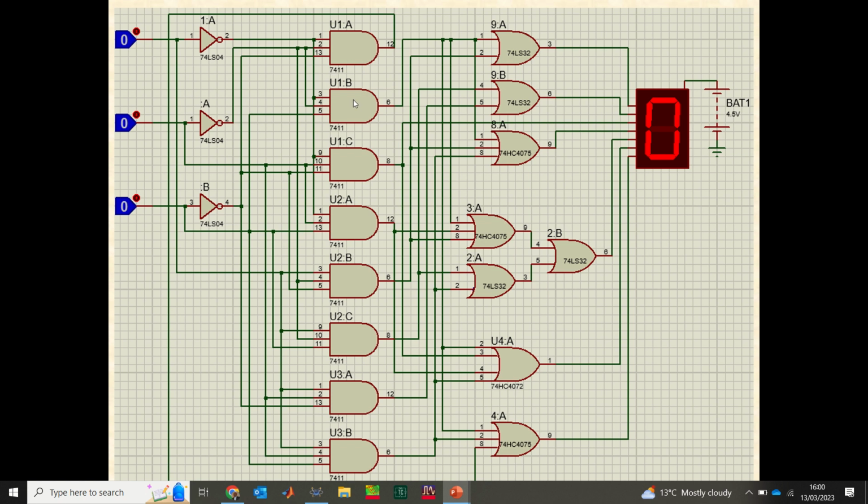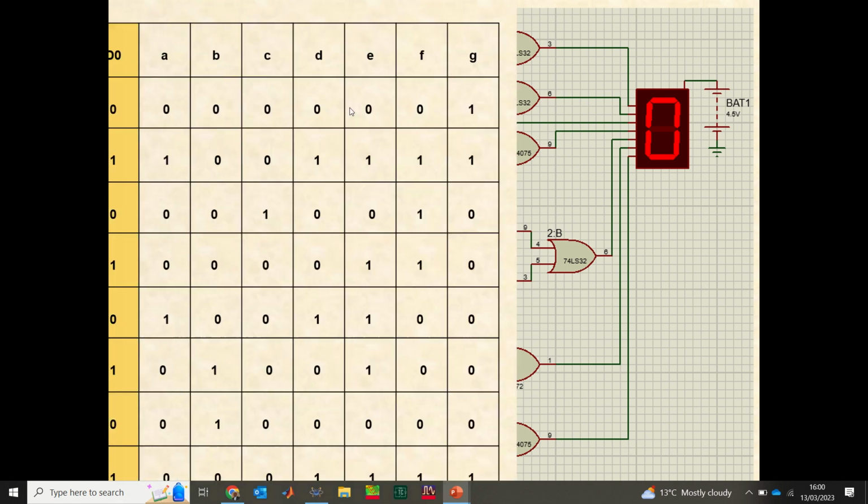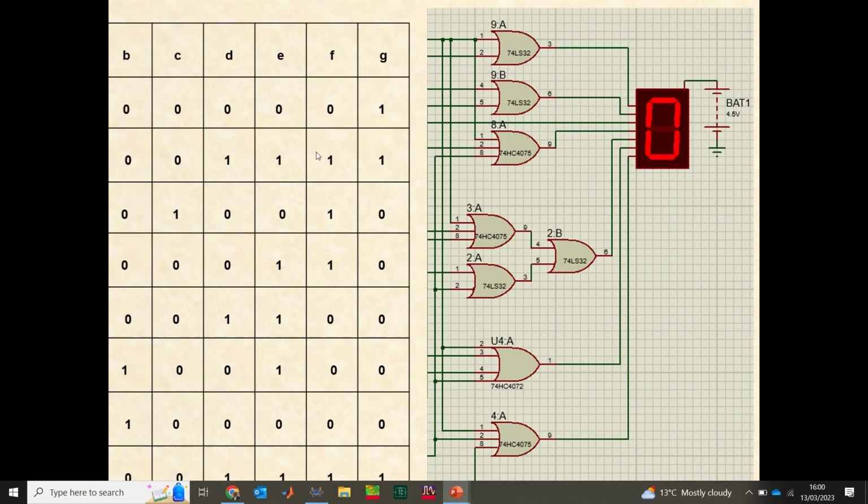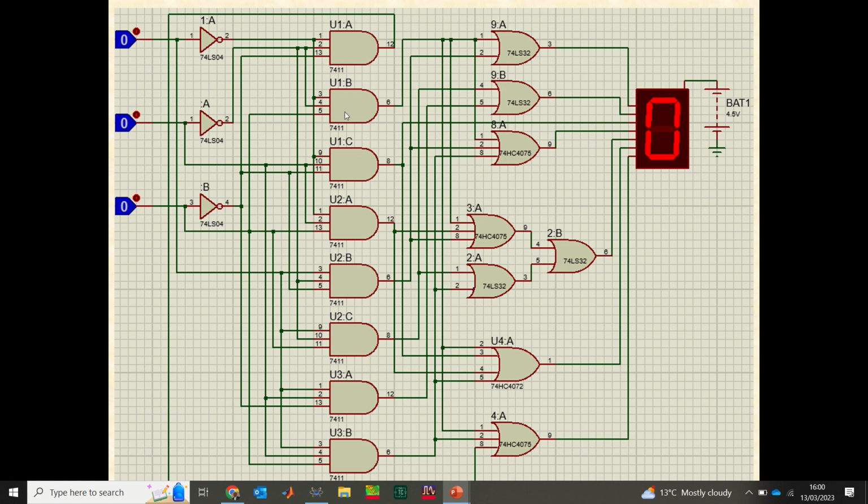These are the gates: 1, 2, 3, 4, 5, 6, 7, 8. These 8 AND gates here, 3 input AND gates, represent these 8 items: 1, 2, 3, 4, 5, 6, 7, 8. That means 0 to 7. So 3 inputs. So I use 3 input AND gates to represent all those 8 inputs. Now from there, I need